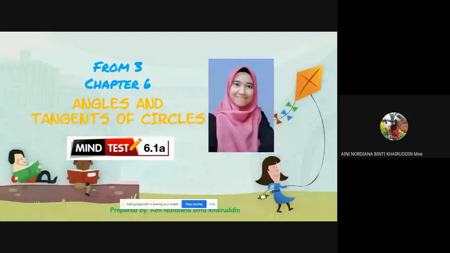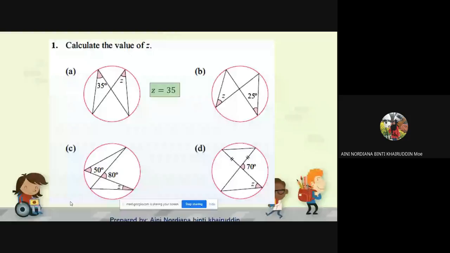So we start with mind test 6.1a first. Question number 1, calculate the value of Z. So A, Z equals 35. B, Z equals 25. Okay, for C,